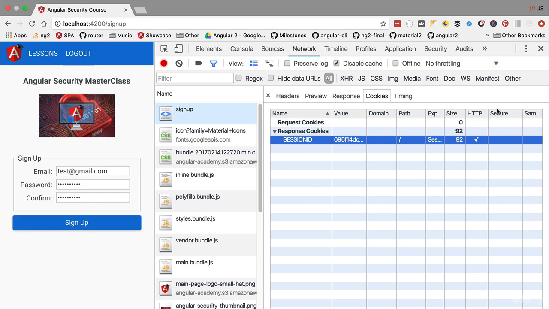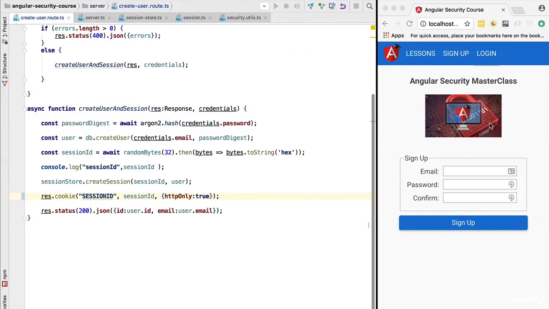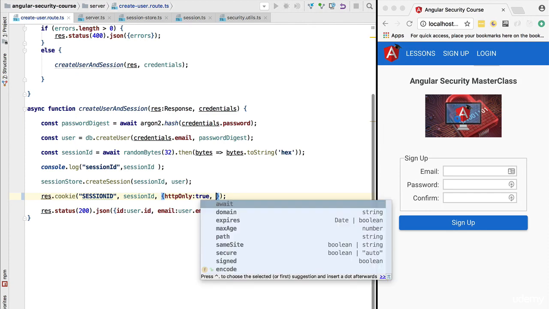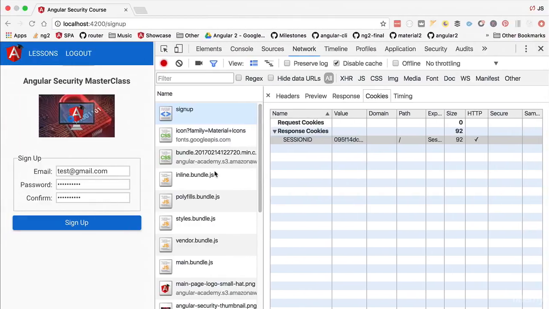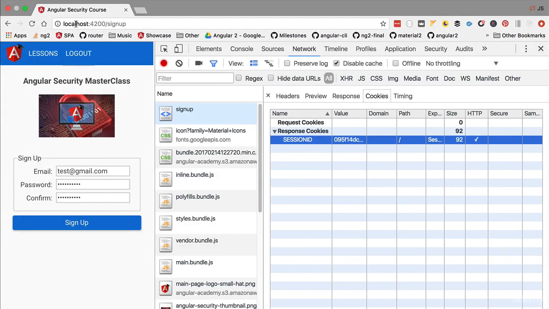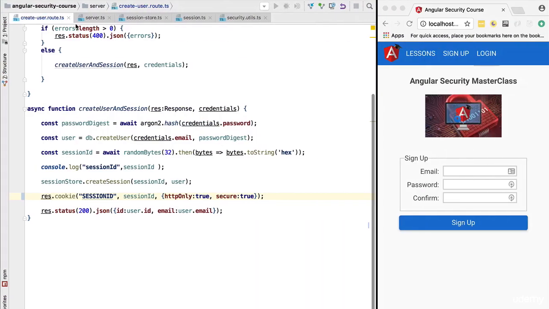Let's see how the secure flag works in practice. We are going to switch over here to our server and we are going to mark this cookie not only as being HTTP only, but we are also going to set the secure property to true. Now, this would cause a slight problem because our Angular CLI server that we are running here is running under plain HTTP. So we are going to make a small change, which is we will have to run our application